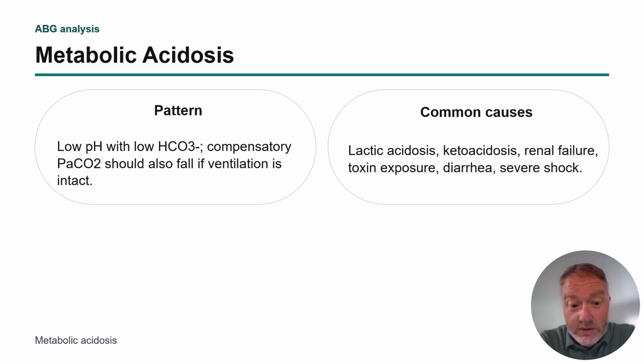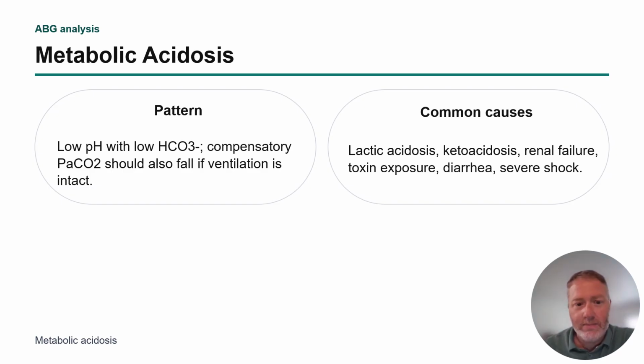So common causes for metabolic acidosis: lactic acidosis is a big one, ketoacidosis in diabetics, renal failure is a big one, exposure to toxins, and then if you've got diarrhea, severe shock, those are all leading indicators for or causes